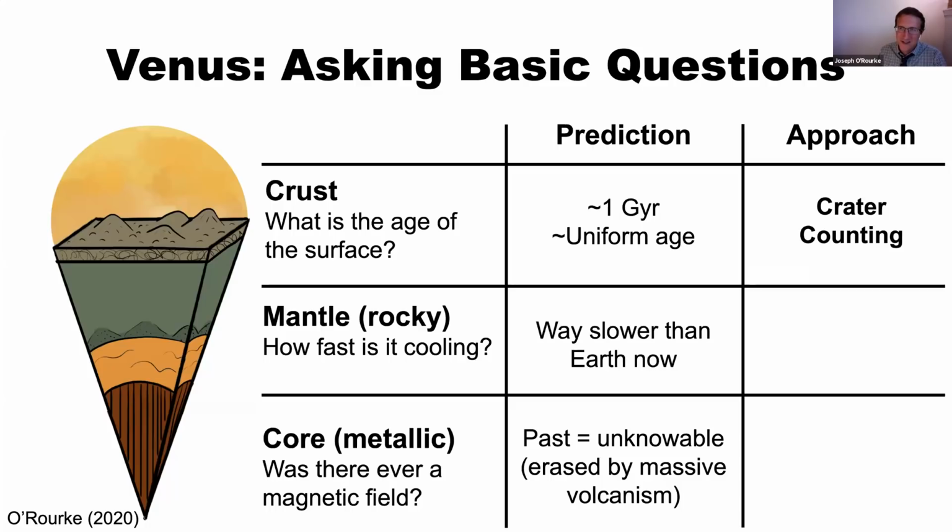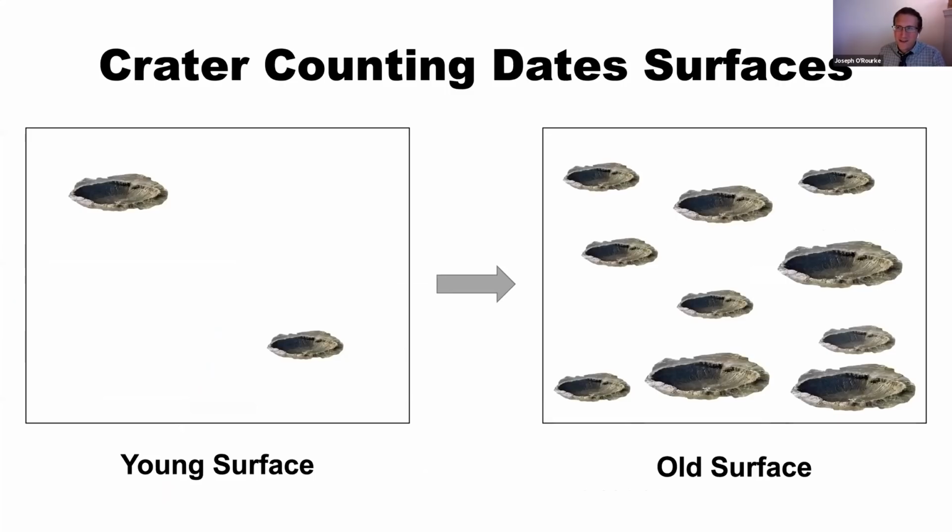one of the oldest, most traditional techniques in planetary science, which is crater counting. The fundamentals of this are extremely simple. Over time, planets get hit by stuff. And so if you have a surface, as it gets older, it will gradually acquire more and more impact craters. And if there's a resurfacing event, that'll wipe it clean. And so if you think you know the cratering rate, the number of craters gives you an estimate for the age of that surface.